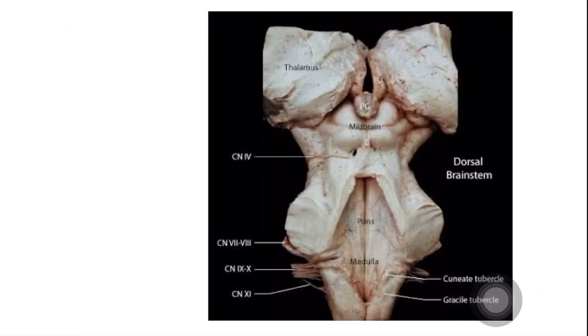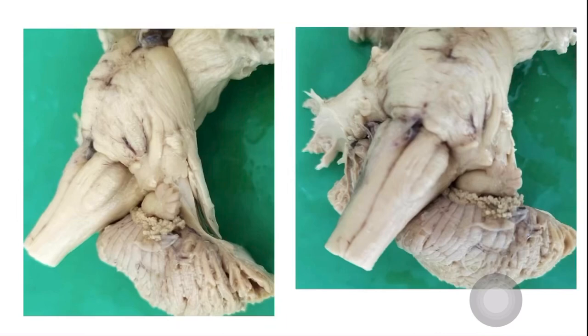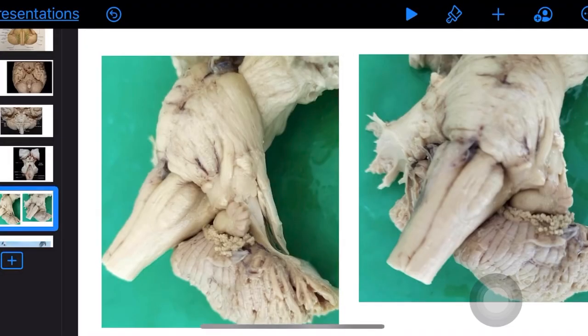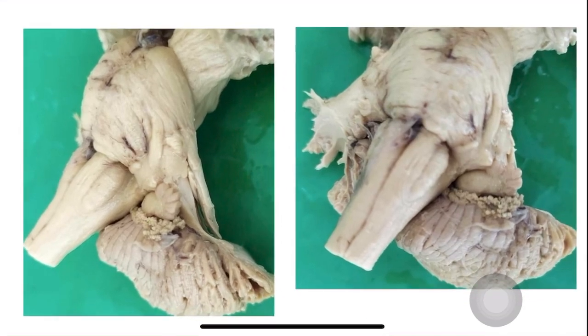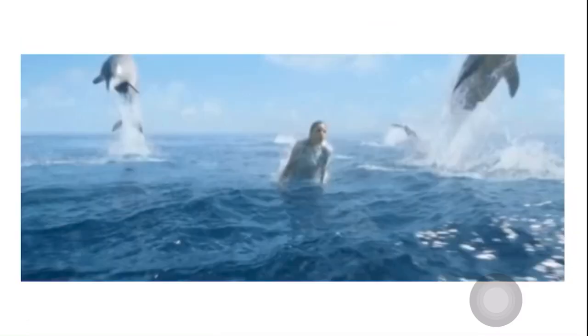So this is a nice picture. We have cut everything, but you can see the cerebellar peduncles. The cut end, the rounded structure, is the middle cerebellar peduncle. Over that you have the superior cerebellar peduncle. This is a lovely picture. The cerebellum is seen, the medulla is seen, the pons is also seen. So this is a picture of the cerebellum.